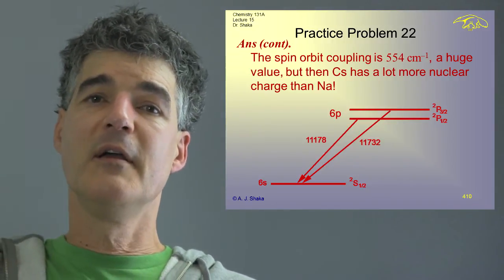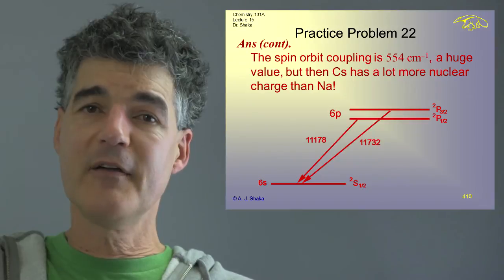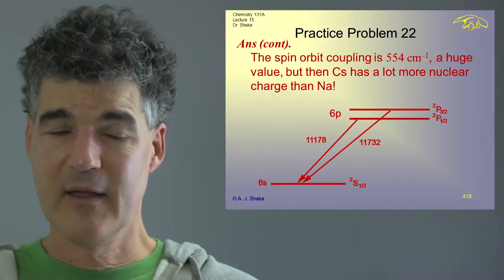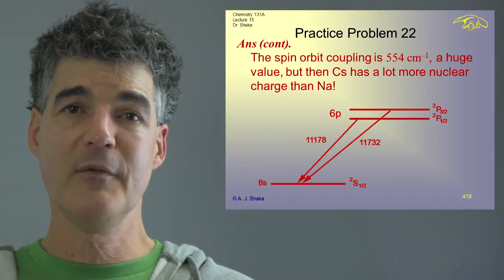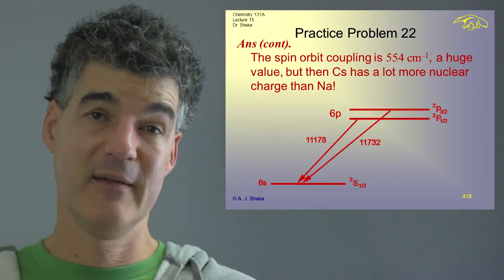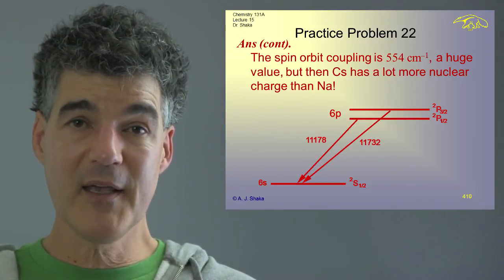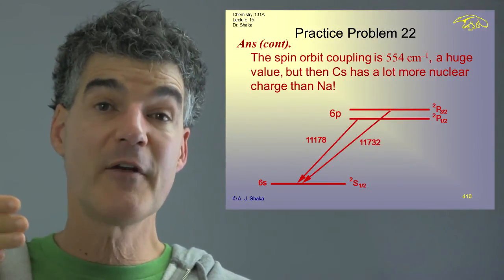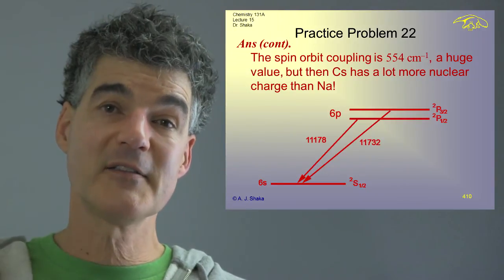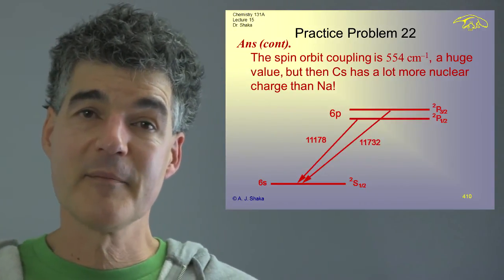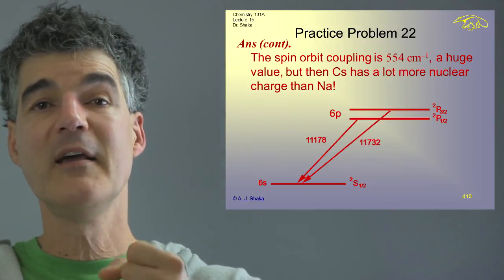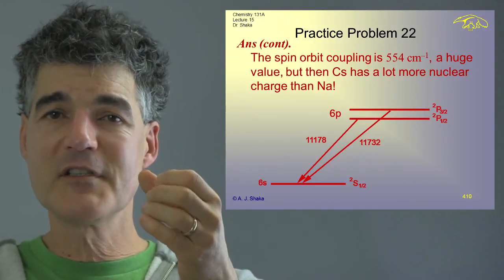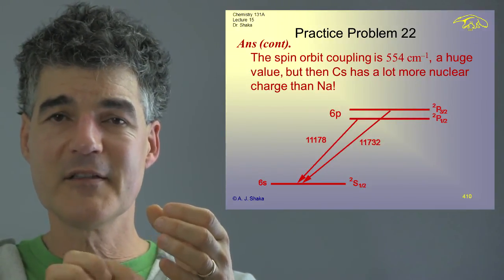We have the two doublet P3/2, doublet P1/2 states, and they are 6p. The other mistake you can make is you might mark them as 7p. They are not. They're 6p. The 6p and 6s in cesium have a huge energy difference, because the 6s can penetrate the other levels, and the 6p has a node at the nucleus. So the 6p electron hardly ever sees the cesium nucleus because it has a 0 there.